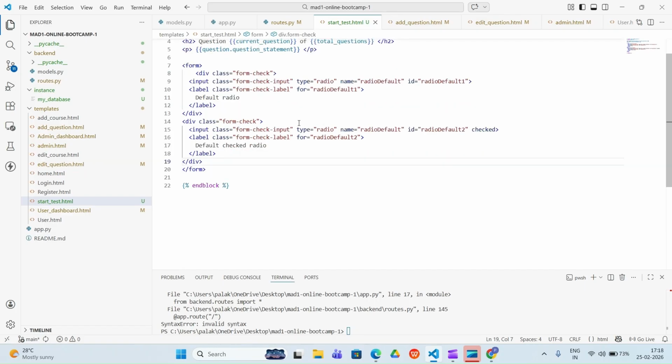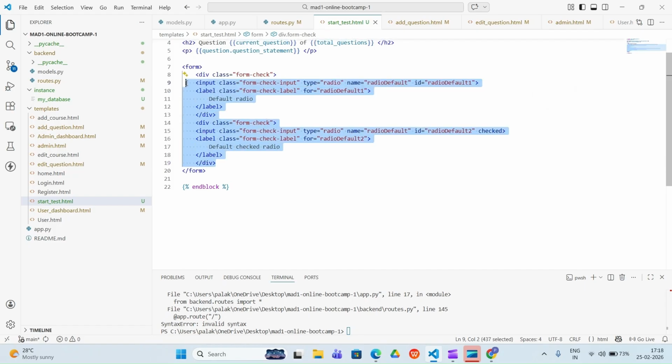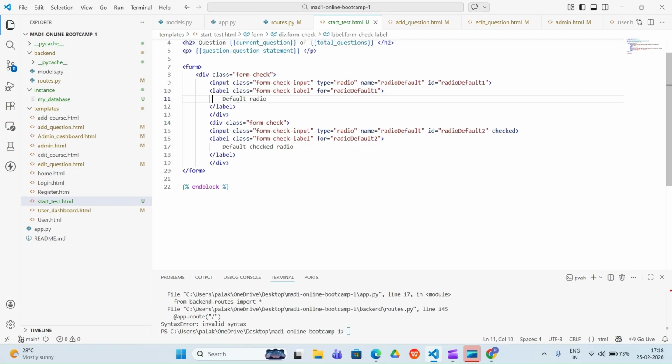So we'll create one form here, and under it we are going to paste this. Let me first arrange it so we can see what other things are here. This is the for label, and this is where the second div starts. This div is closed here.